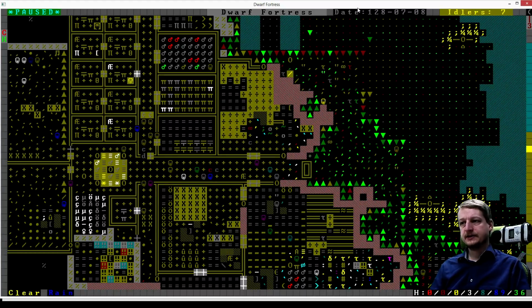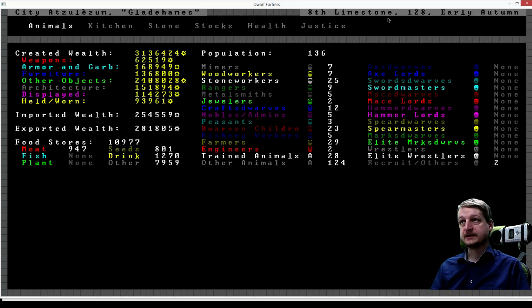After about 2 or 3 unsuccessful embarks when we got beat up by hordes of zombies, or everybody turned into a were-dwarf, like were-lemur or whatever problems we had, we finally have an embark which we could hold for 3 years now in a rather young world of 125 years history. Now it's 128. The fortress name is Gladehames, has 136 dwarves now,